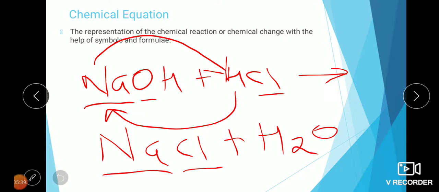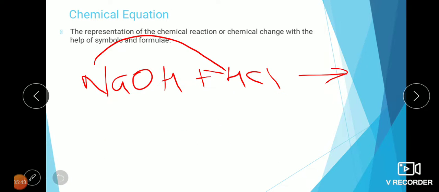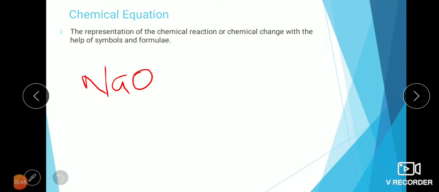I hope that most of you have understood the part. If not, I'll be taking 2 or 3 more examples to make you understand. Now when the number of atoms on the reactant side is not equal to the number of atoms on the product side, it is called as unbalanced chemical equation. In 9th standard, we are going to learn about balancing of chemical equation. Please practice it well, because this will again be required by you in 10th standard as well as for your further studies in science.